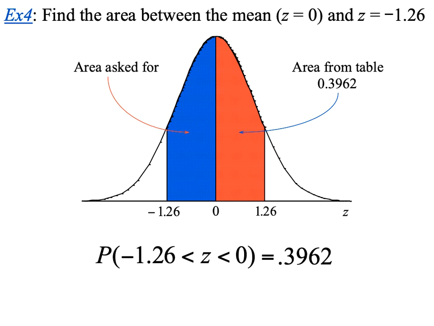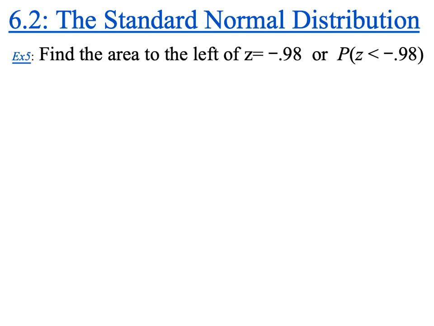So we're also going to, because it's a really, really similar idea, look at 6.2 as well. The difference here is that we're still doing some sort of combination of events, but instead of just using our table, the combination that we have is a little bit more challenging. Now this one again is pretty similar to the one we just did. We're looking at the area to the left of negative